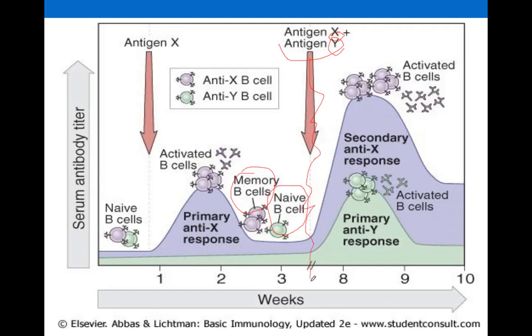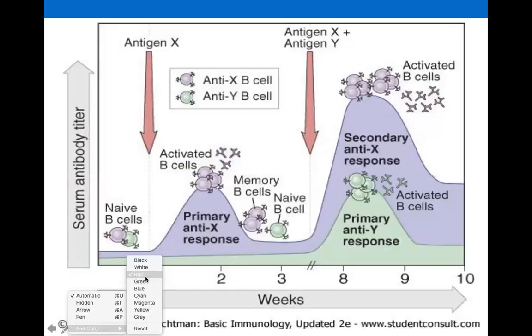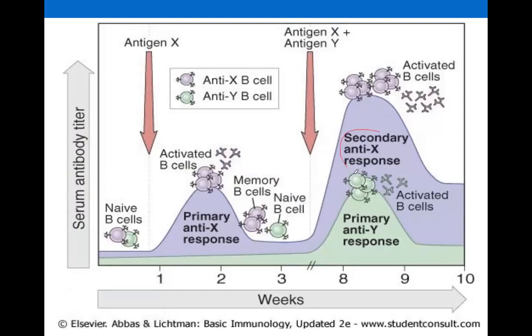Okay, what would happen? There is a secondary response to your antigen X B cell. This will be activated again, B cells. But what about this naive B cell? Since there is a first introduction to an antigen Y, these green ones will have a primary anti-Y response. And eventually, after this activation of the primary response, there will now become a memory B cell, specifically with antigen